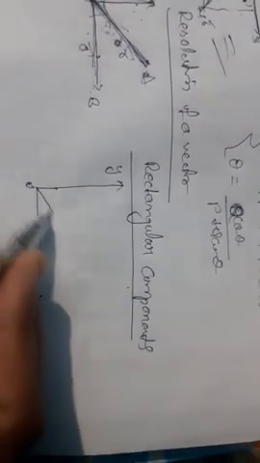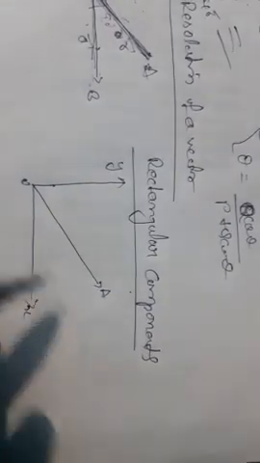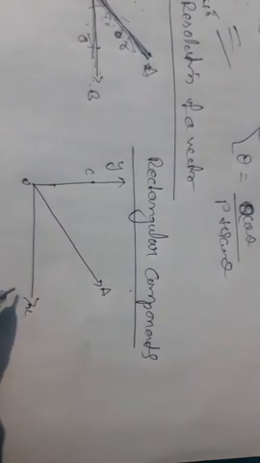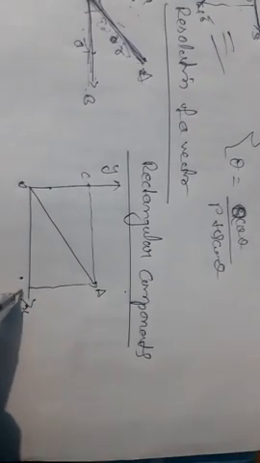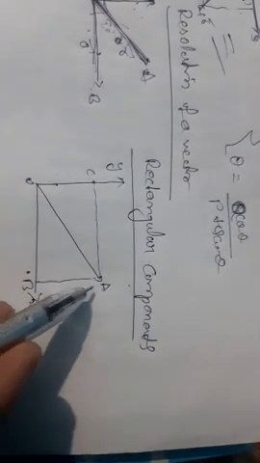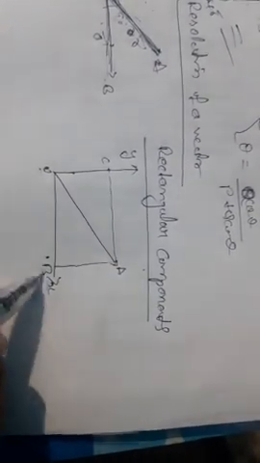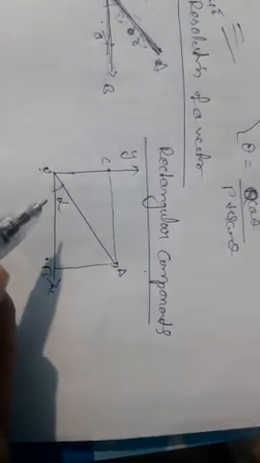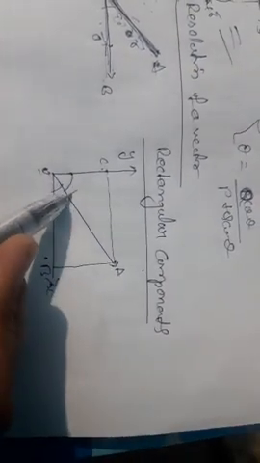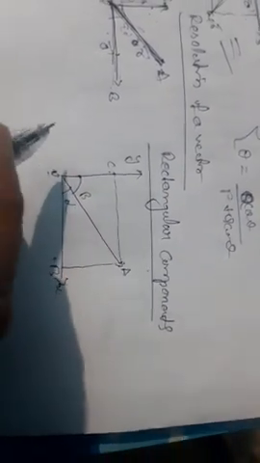This is the resultant vector, that is OA. That is a point C. That is a point B. CO is perpendicular to... CA is perpendicular to the AB line. The angle AOB is alpha. The angle ACO is beta, the sum of alpha plus beta.